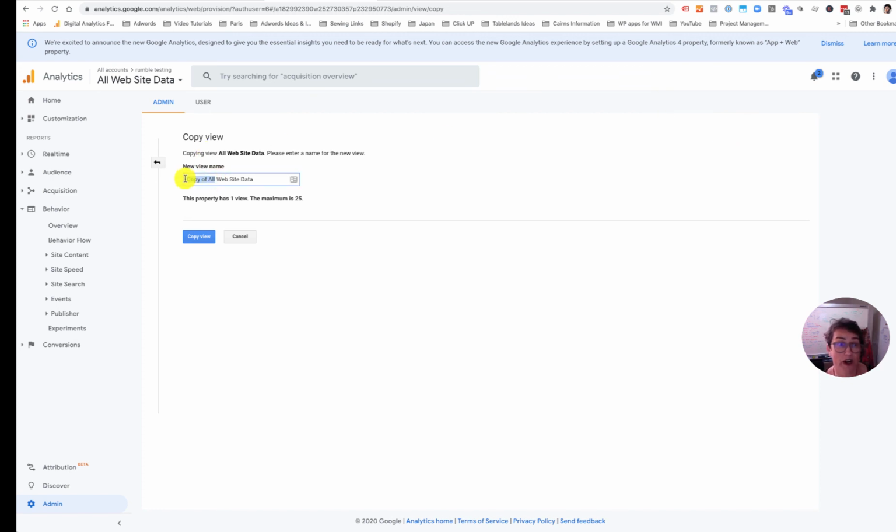So we've got our all website data, so that's going to keep everything. That's where we're going to be doing our goals, our filters, and everything else that you want to do to customize and filter your data into a way that you can get some really cool reports from it. You want to do it in your all website data view. But before you move anything over there, you can do goals over there. But if you're doing filters, and mainly filters, because the filters are in the back end in this element aspect